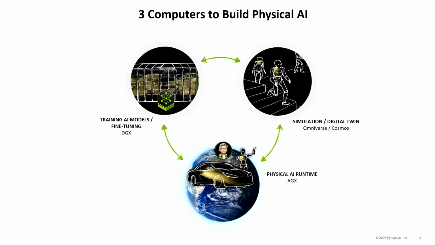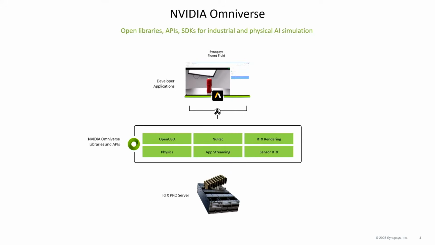The way we solve this with our partners like Synopsys, and what we're discussing specifically today, is how to think about physics-based real-world simulations at scale. We think about that as a layered infrastructure and software stack problem. The first thing, of course, is our GPUs, the latest generation RTX Pro 6000, which is now available on Azure as well.